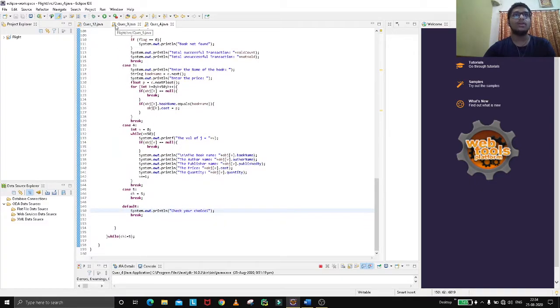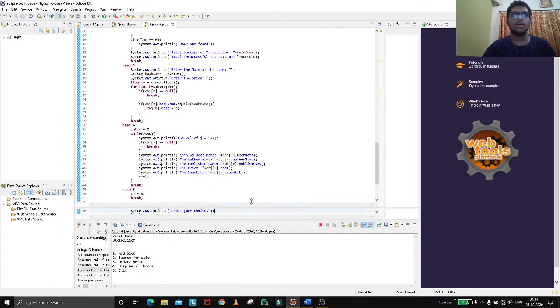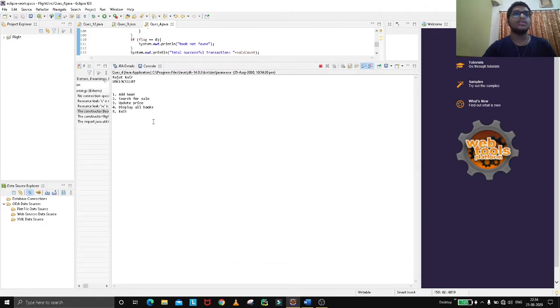So if we run this code, here you can see, this is option one. So add book. If the seller presses 1, you can see it says enter the author name of the book.